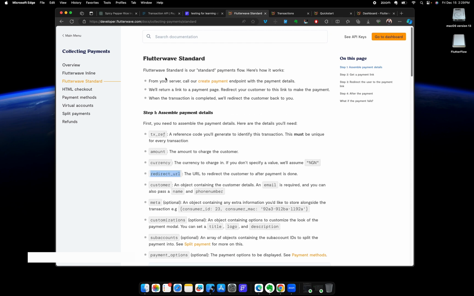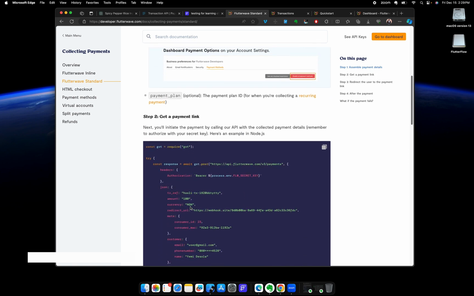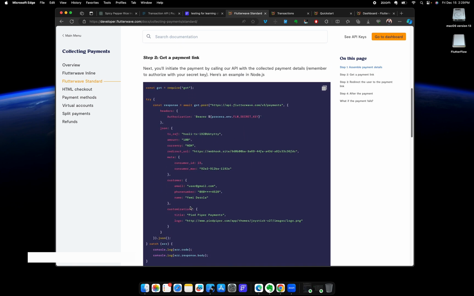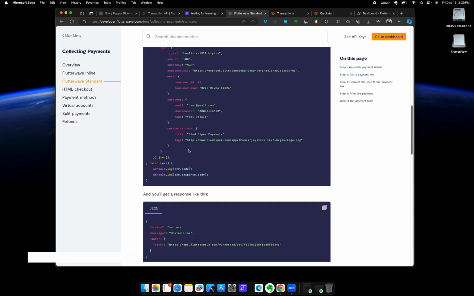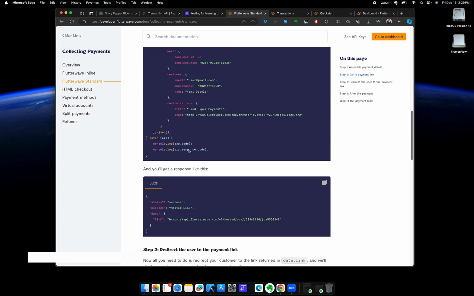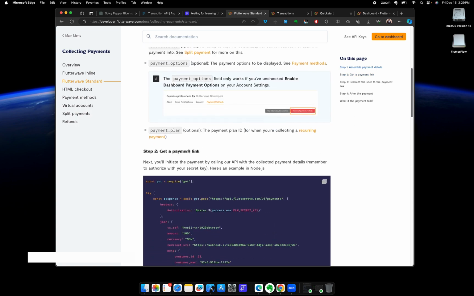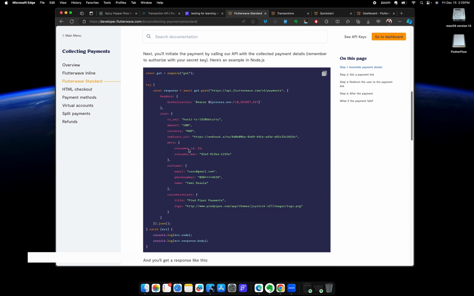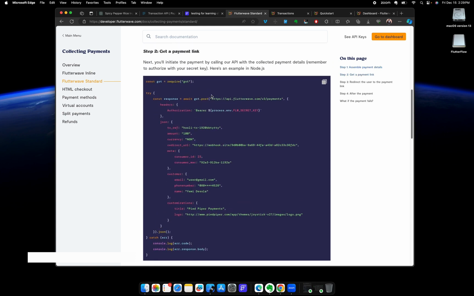So you can see from your server, call our create payment endpoints. I think let's check this one. We should find it here. Create payment endpoint. Okay, let's just use this example here to work with it, because I think this is a document. This is actually a document I worked with. So this is the link that we can call to